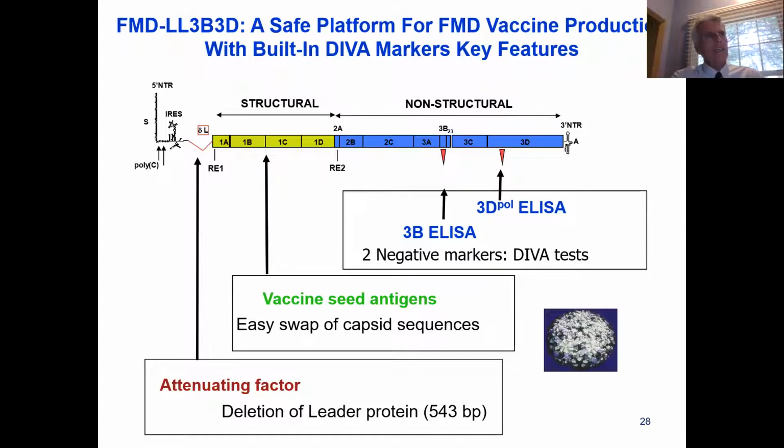and essentially totally attenuated this virus, so that if that vaccine virus, when it's grown for production purposes, escapes, then it really doesn't matter, because it will not cause any disease in the target animals, either cattle or pigs. And what she also did here, if you go from the left to the right, when you look under